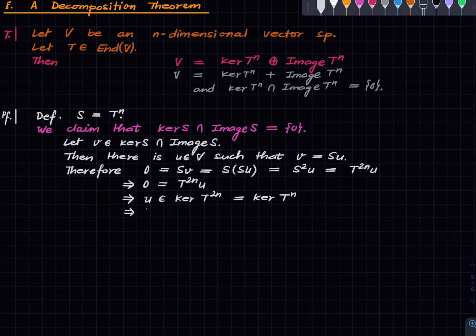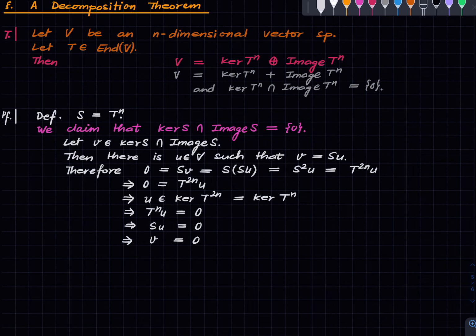And therefore, T to the n u is 0, which implies Su is 0 because T to the n is S, which implies V is 0 because V is S of u. So V is 0, and that's it. So that proves this claim, and therefore we will be finished if we can show that the dimension of this